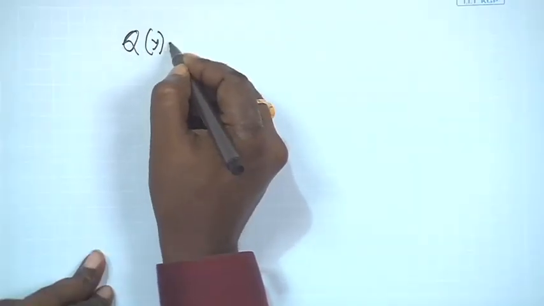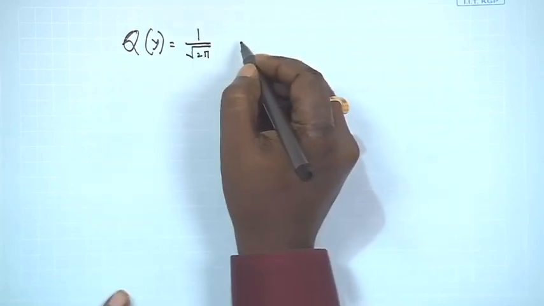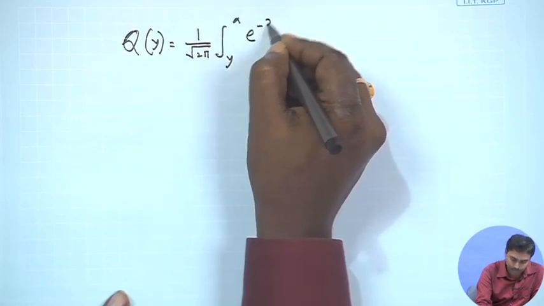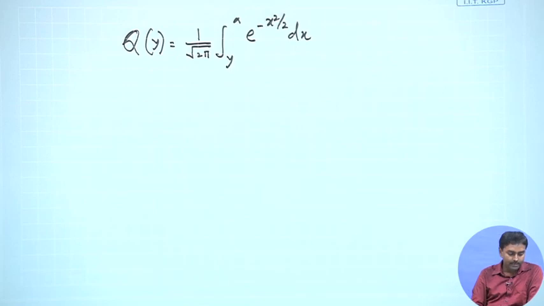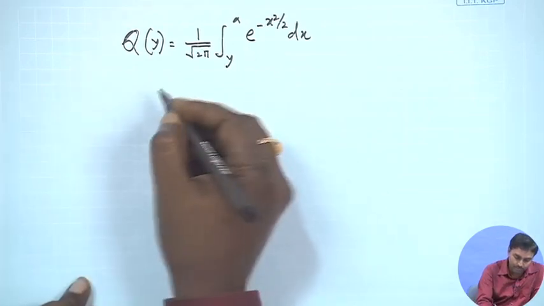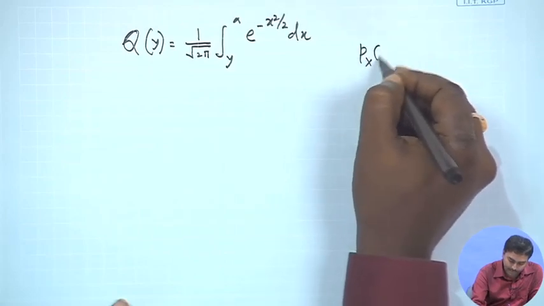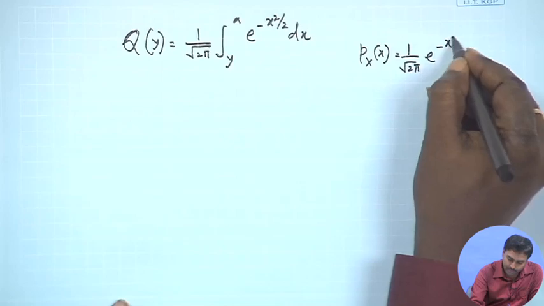Let us try to define a function called Q(y). By definition this is given as 1 by root 2 pi, integral from y to infinity, e to the power minus x square by 2 dx. Now, this can be easily related to our PDF or CDF. If the Gaussian distribution we have already written is Px(x) equals 1 by root 2 pi e to the power minus x square by 2,